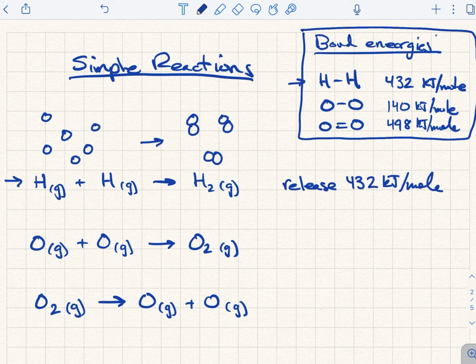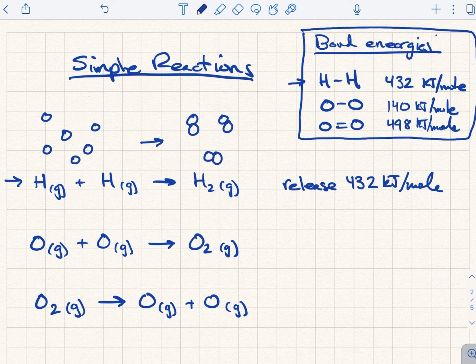All right. This is, again, going to feel backwards to some of you, but you have to take my word for it. When bonds are formed, energy is released. The reason for that is that the electrons in isolated atoms are higher in energy than they are when they form a bond. When they form a bond, the energy of those electrons is reduced, and that's where the energy comes from. So the potential energy of the electrons in the atom versus the molecule, it's lower in the molecule,